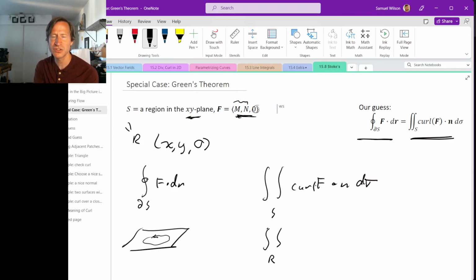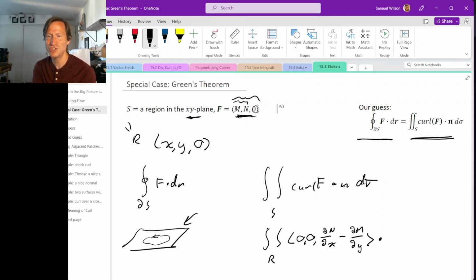The curl of this vector field, well, we can just calculate the curl of this vector field. It turns out it's 0, 0, partial n partial x minus partial m partial y, which looks like the 2D curl, but we're dotting with n. But because this region is in the xy plane, we can just choose an appropriate normal vector. Because the region is in the xy plane, the unit vector in the z direction will serve as a normal